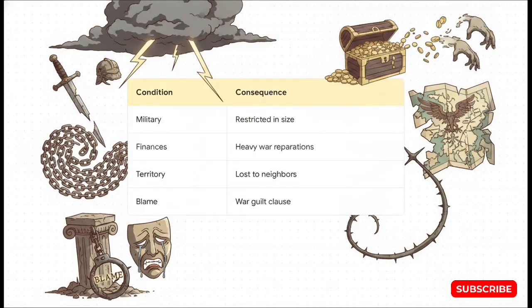Following the armistice, the Paris Peace Conference drafted the Treaty of Versailles, and the resulting treaty imposed incredibly harsh, punitive terms on Germany. Their military was severely restricted in size, they were forced to pay unimaginably heavy war reparations, and they lost vast amounts of territory. Furthermore, they were forced to accept full, total responsibility for the conflict in what was called a war guilt clause. And as our sources impartially note, that specific condition became a source of lasting, deeply bitter resentment in Germany.